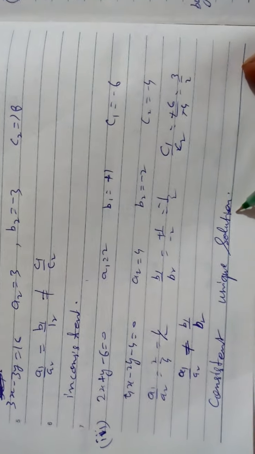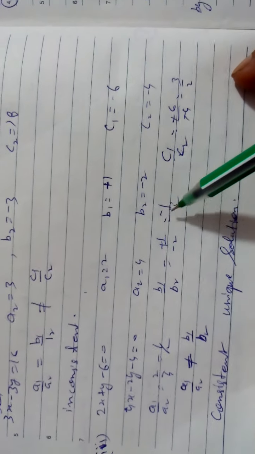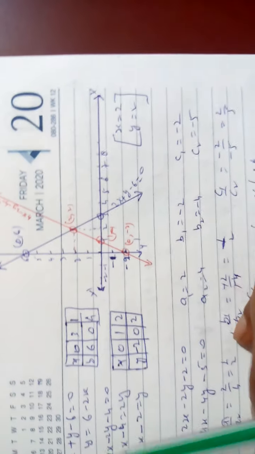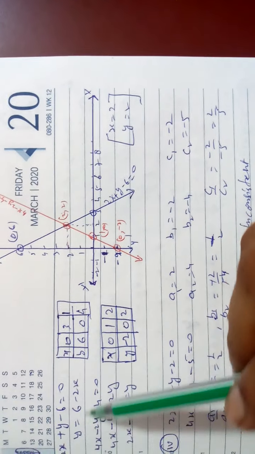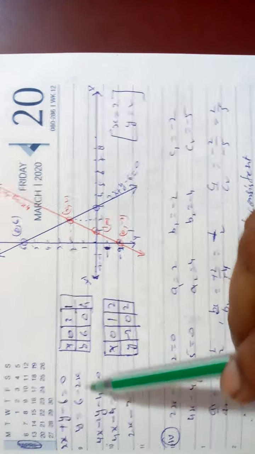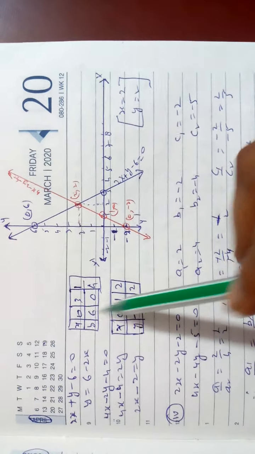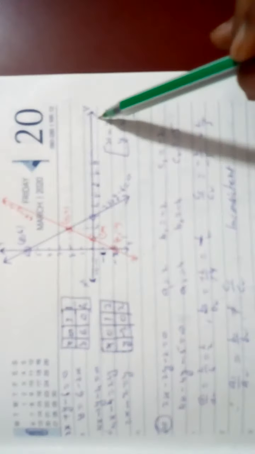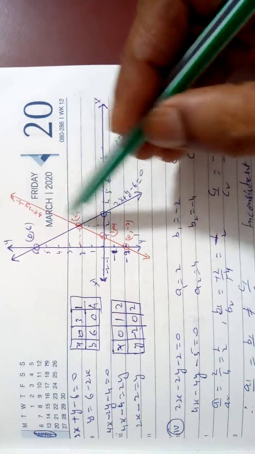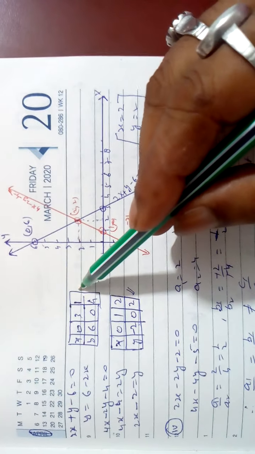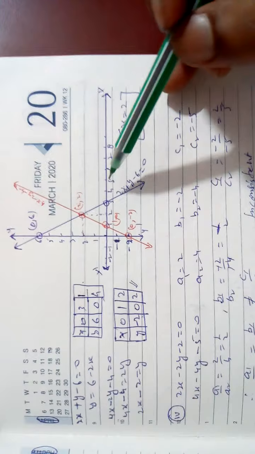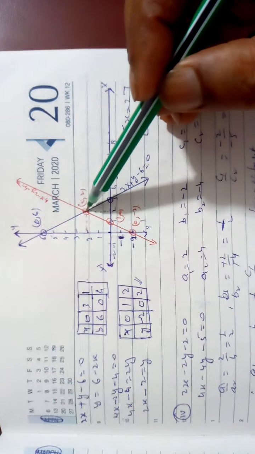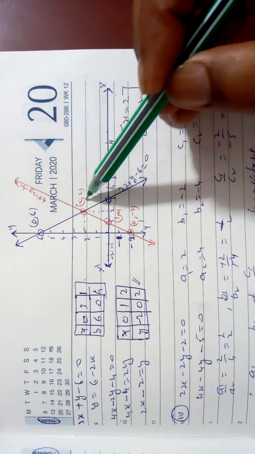So for this you will draw a1 upon a2 is not equal to b1 upon b2, that is half is not equal to minus half. So here how will you draw? For drawing this, I have taken 2x plus y minus 6, so y in terms of x, y equals 6 minus 2x. I have made the table that you know. Plot this, half centimeter I have taken. It is intersecting both the lines, one red line and one blue line drawn with a blue pen. And then you are getting both intersecting at 2, 2. So 2, 2 means x is 2 and y is 2 is your answer.